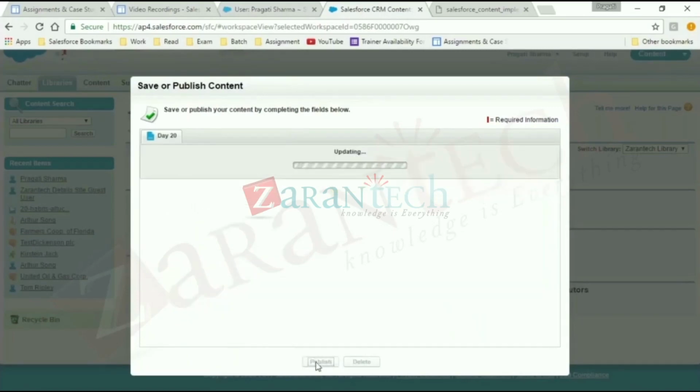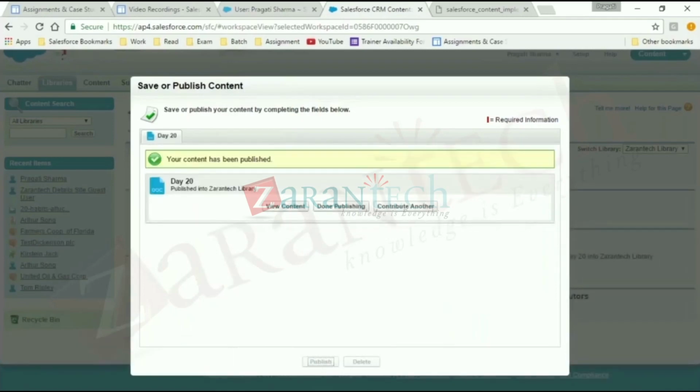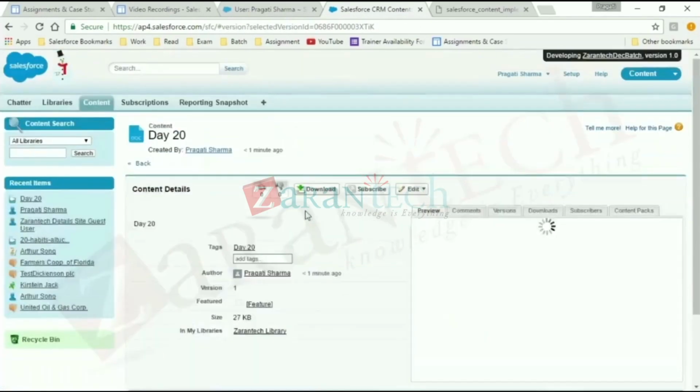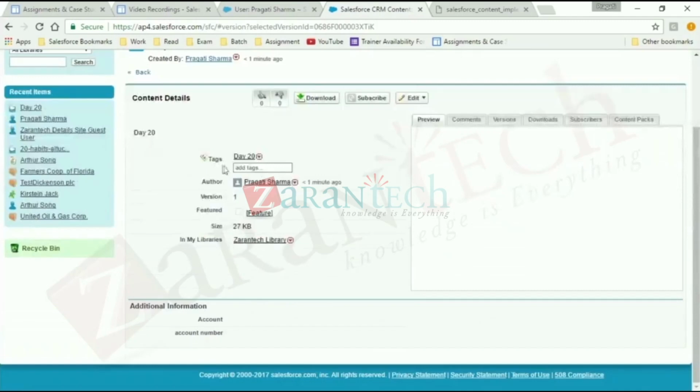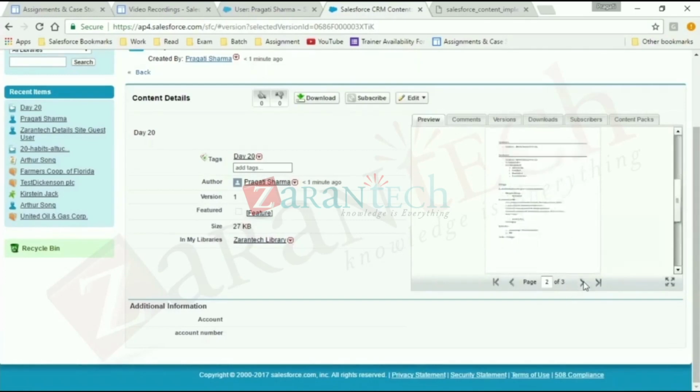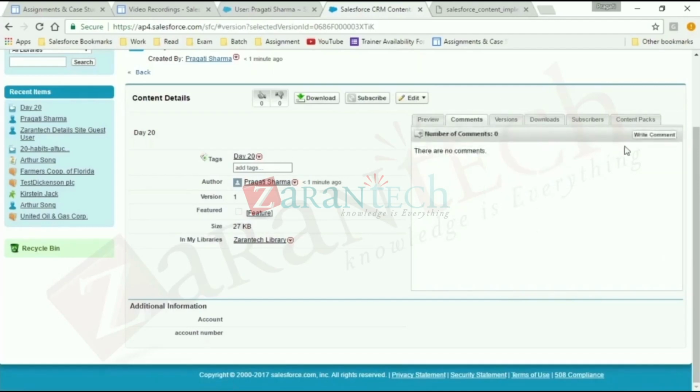Once done, I can view the content. And now if you carefully notice, it's the tag that is given, the author, the version, and the feature. And here you can see the preview of the document. See how nicely the document is uploaded, right? If any user wants to write any comment,